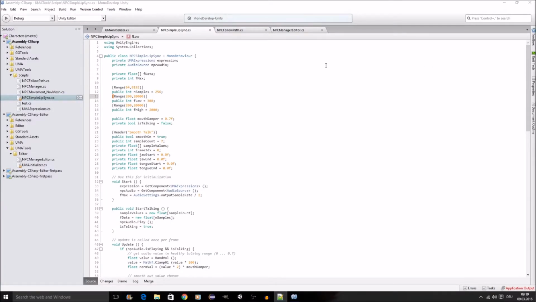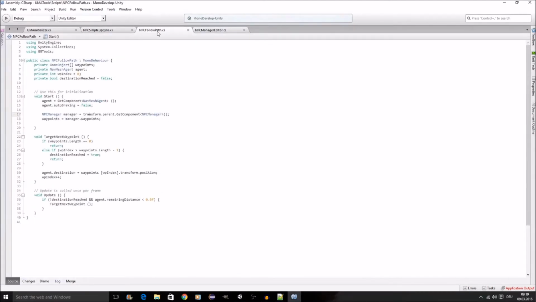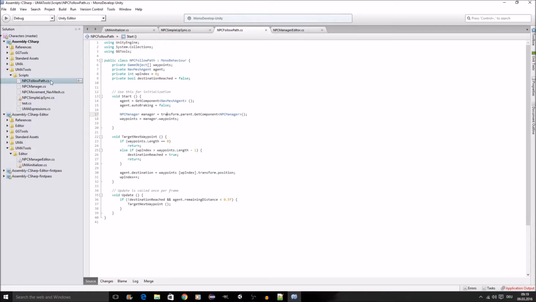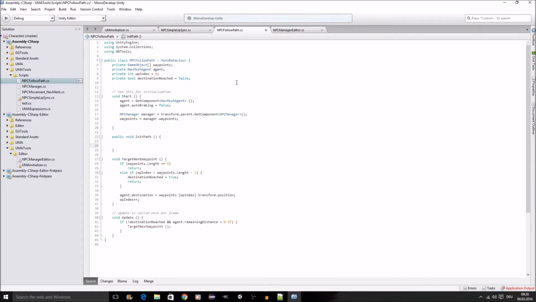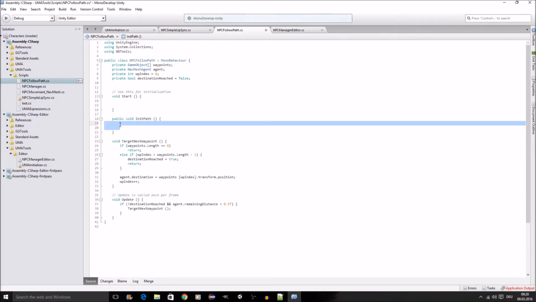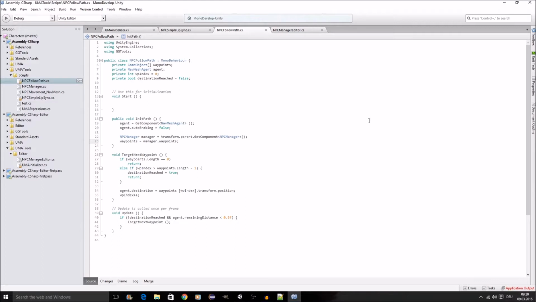So let's open the follow path CS. And we basically want to do exactly the same thing here. We want to write a public void function init path, and here we're gonna get everything from our start function. Save the script, and